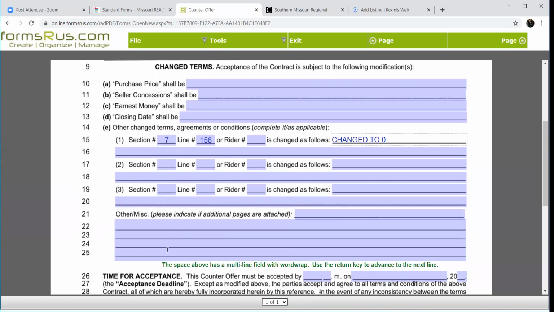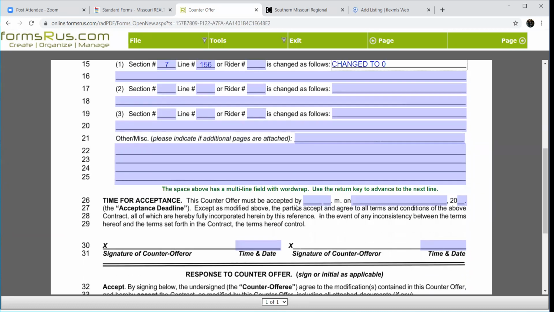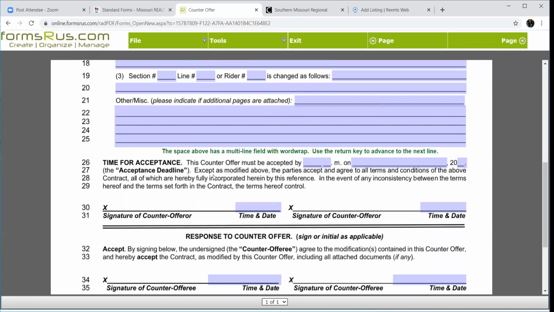Or if there's other terms, you've got this room down here. Deadline date on this. Usually on a counter offer, I do put deadlines because at that point I've got their attention and I want to make sure that we're bouncing this back and forth quickly. Because if it's not going to work, you may as well move on with another offer and my buyer may as well move on looking for something else. So I do put time frames on my counter offers.